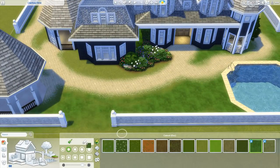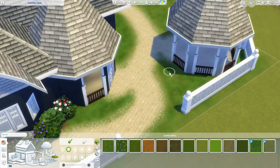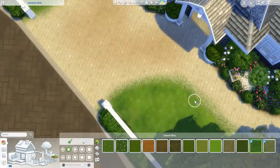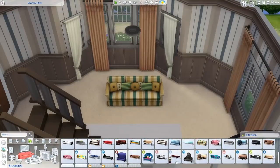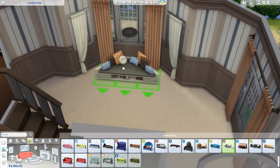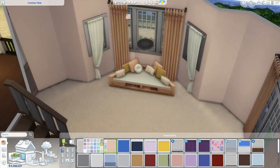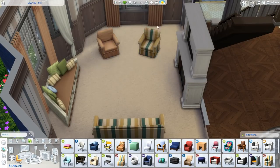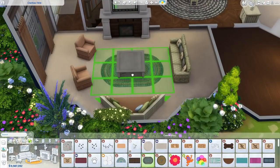And I'm the same. I very, very rarely use CC. I did get into using it a little bit, and occasionally if I do apartments, I do tend to use a little bit of CC, because a lot of the time I don't really upload apartments as such. I'll do them for the channel, but yeah, I'll allow myself a little bit of use of CC, but predominantly you won't find any CC in my builds. So this is a heavily edited version of the house,